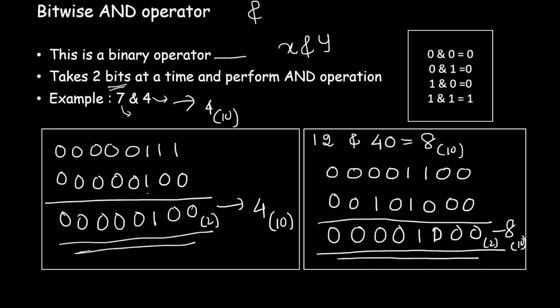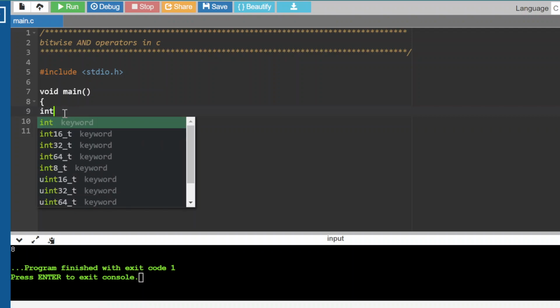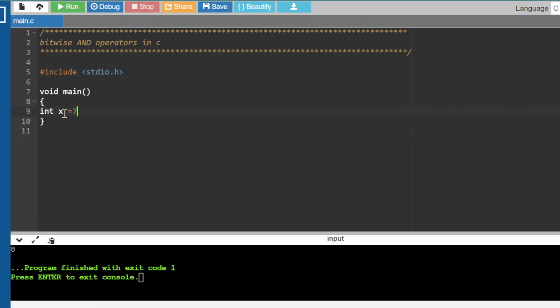For that, let me open an online C compiler. If you have installed any C compiler, you can use that. I am using an online C compiler here. Let me write a program wherein the first variable, for the example I have checked, the first number was 7. So let me declare a variable int x, and another variable as 4. And let me printf